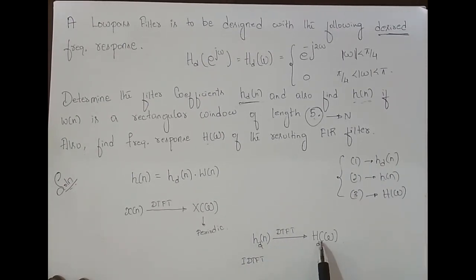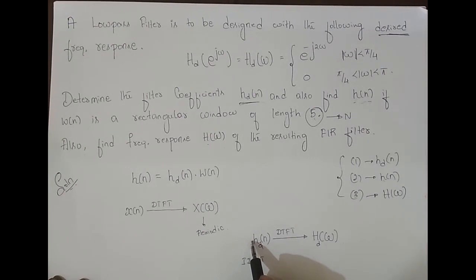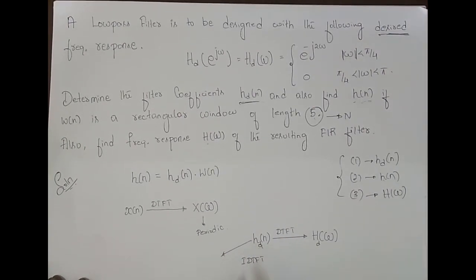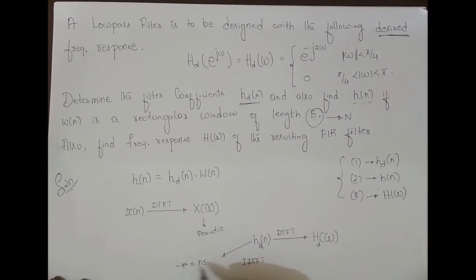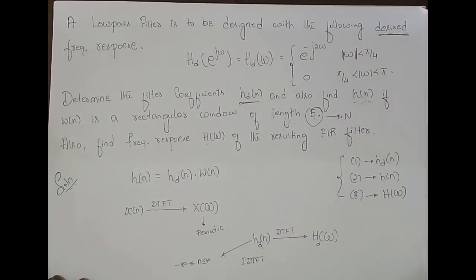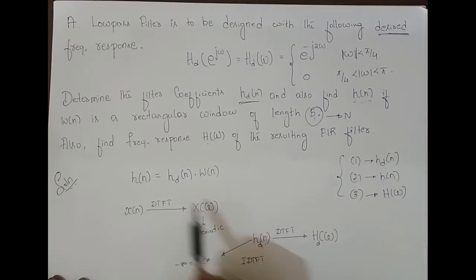Once I take the inverse discrete time Fourier transform of HD of omega, what is this? This is actually infinite in length. Since it's a non-periodic signal, the length of this is infinite. n is varying from minus infinity to infinity. Since this is infinite in length and I am designing a finite impulse response filter, I want to make it finite. How do I make it finite? I make it finite by multiplying this HD of n,